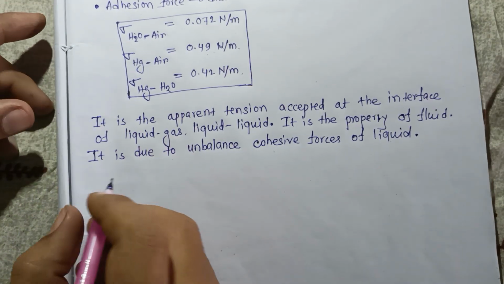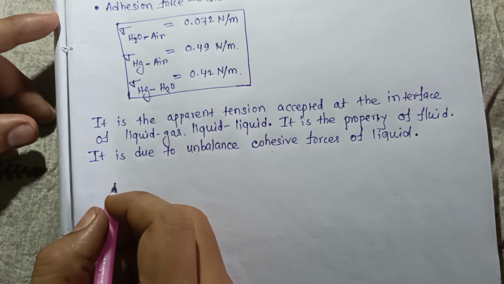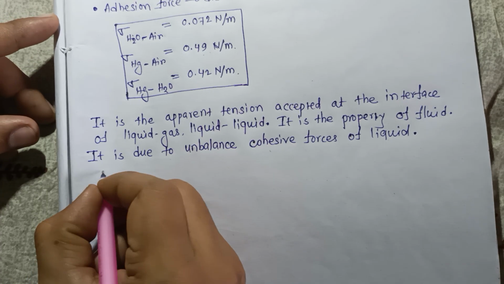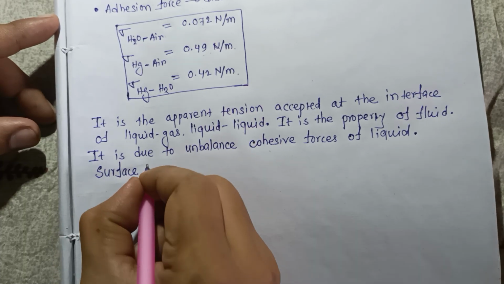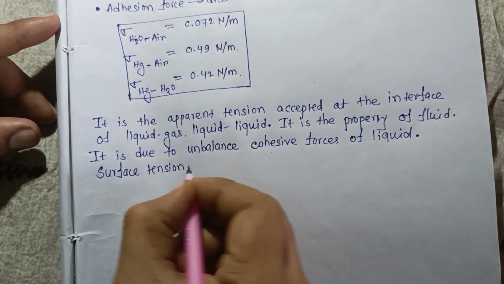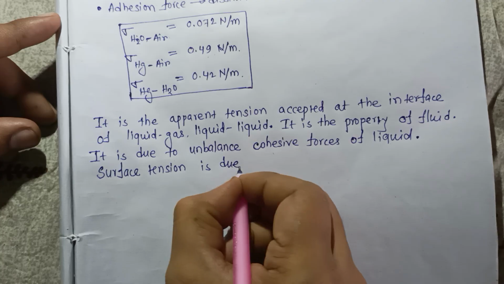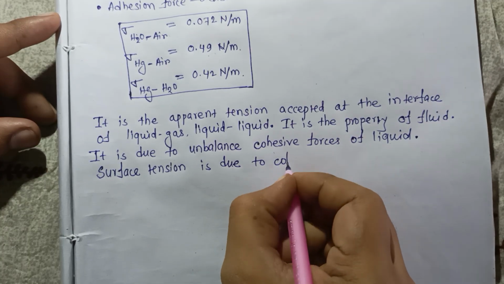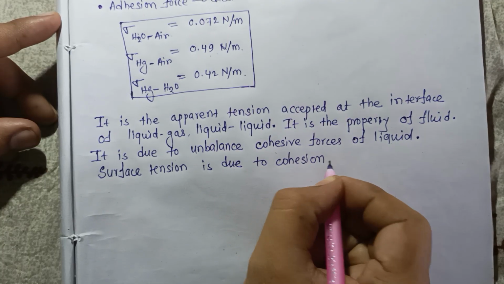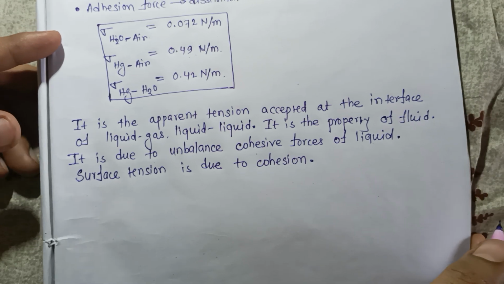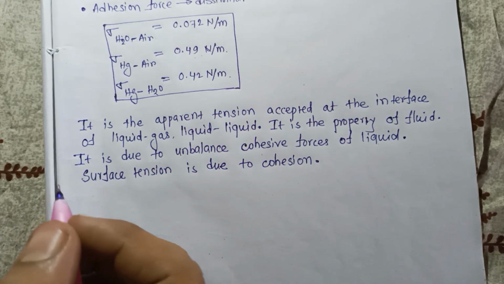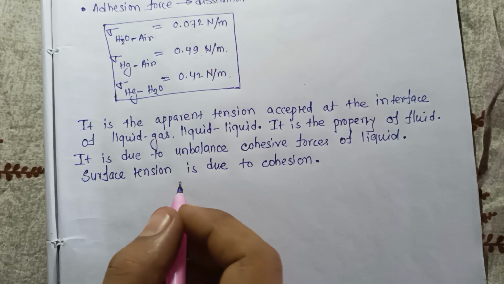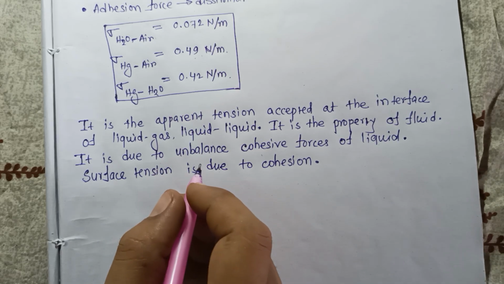Okay, you can write that this surface tension is due to cohesion. If you add impurities, then surface tension increases, and detergent decreases the surface tension,